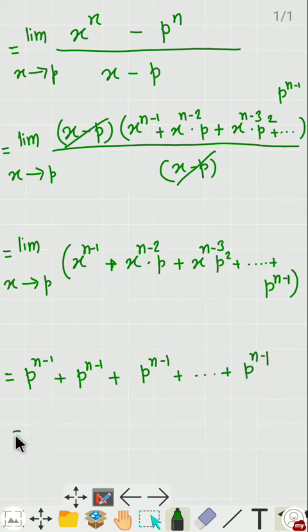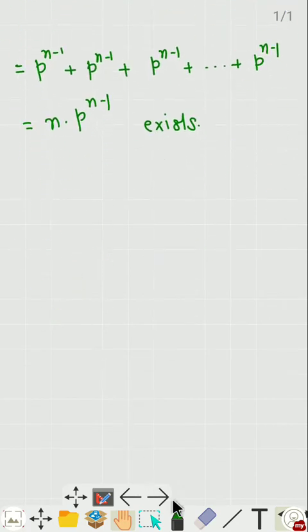So we have n terms, therefore n into p raised to the power n minus 1, and this exists, therefore the limit exists, therefore we can say that the function f is differentiable at point p,